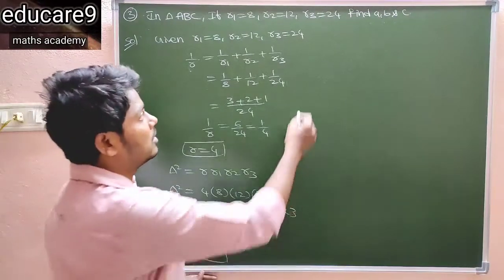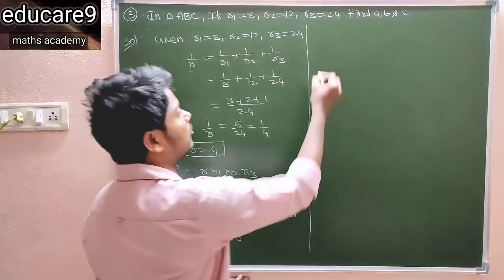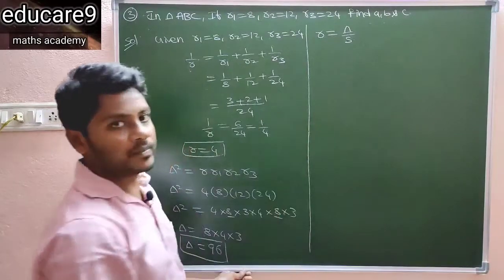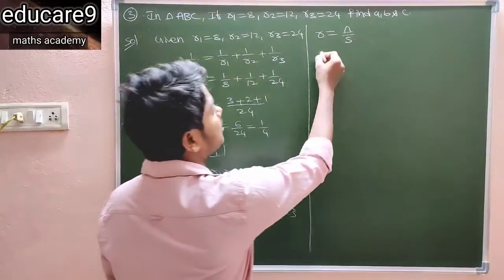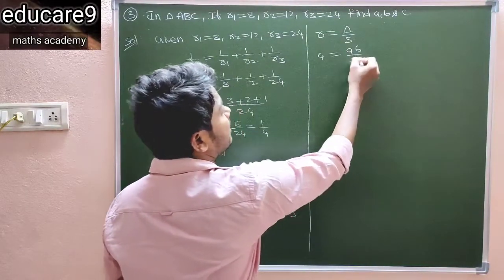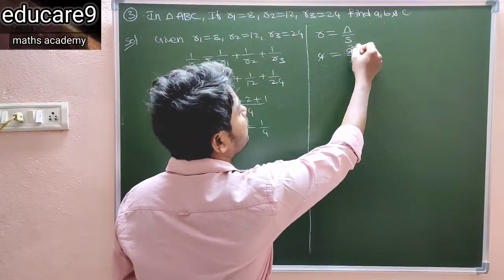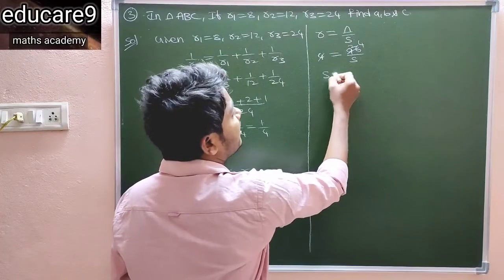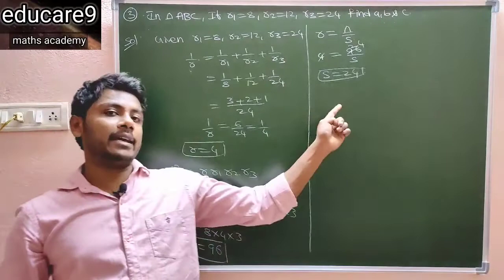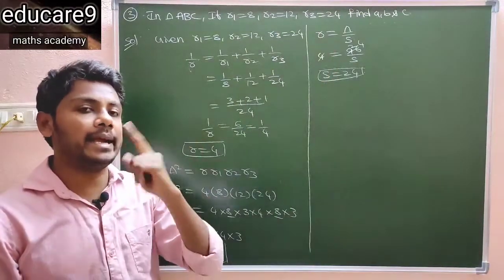Okay. Now see here. You need to find the S value. So how to find? Using the formula small r, that is delta by S. Small r value is 4. So 4 is equal to delta value 96 divided by S. So clearly S is equal to 24. So using delta and S and R1, R2, R3, you can find small a, b and c values.